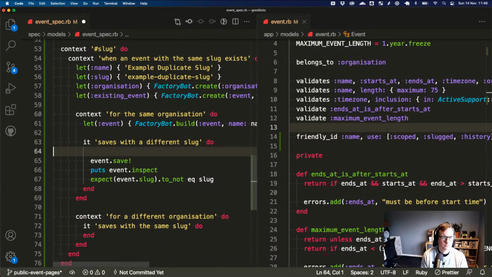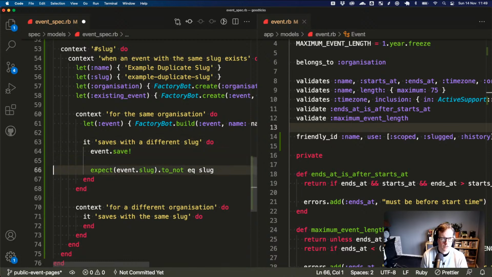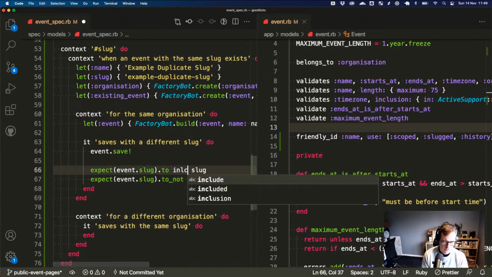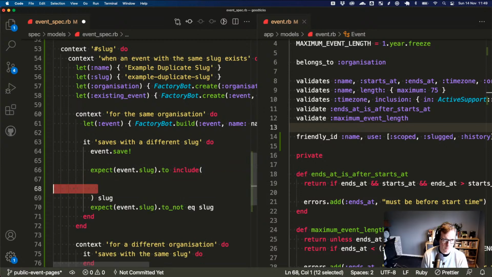That can all go. But you could put to include, because I think it has to have it in it at the moment.